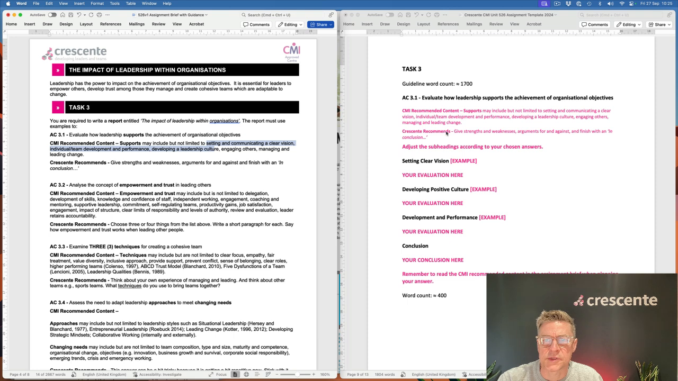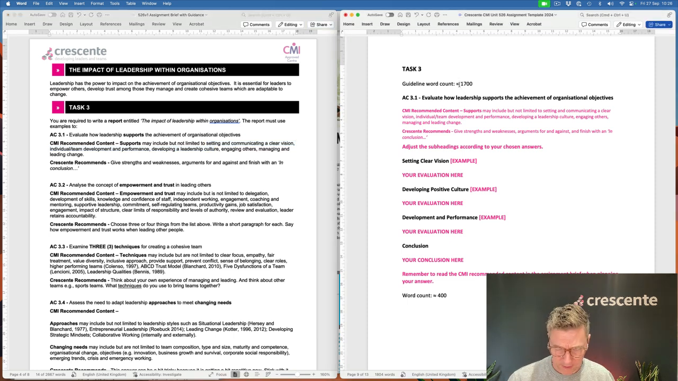If we jump over to the template, we'll see that there are 4 assessment criteria for Task 3, so AC 3.1, 3.2, 3.3 and 3.4, 1700 words for all 4, so basically 400 each. As usual, what we've done here is copy across some of that guidance. I've just given you a few example subheadings to work on. So if we take something like, for example, creating and setting a clear vision,